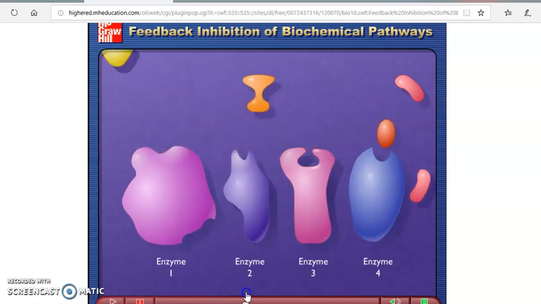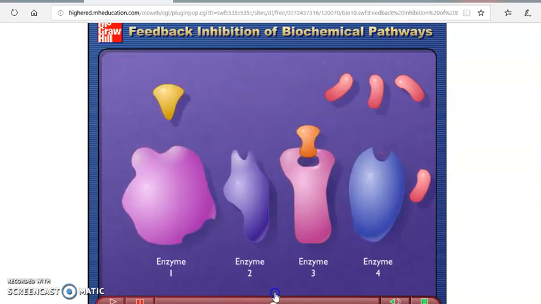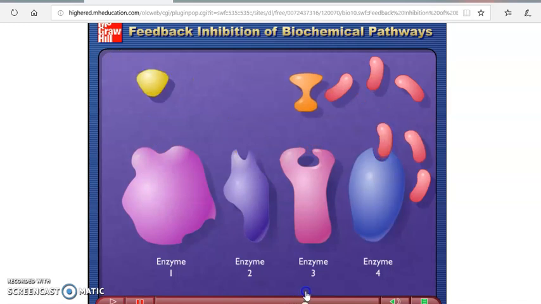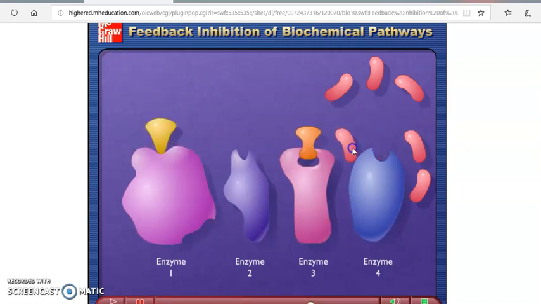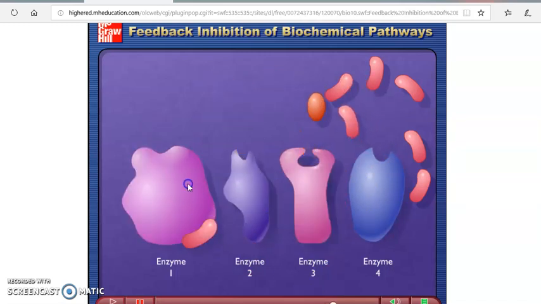So right now you have a positive feedback loop where you're turning on a system and making a final product, but eventually in this instance for feedback, the product can now move away, bind to the allosteric site of the first enzyme, and now create a negative feedback loop where you shut down a system, which is going to be the formation of this product. So not all inhibitors are bad, all right? Some are good, some are bad. All right, in this instance, this is an example of how your body has evolved to shut down its own system and